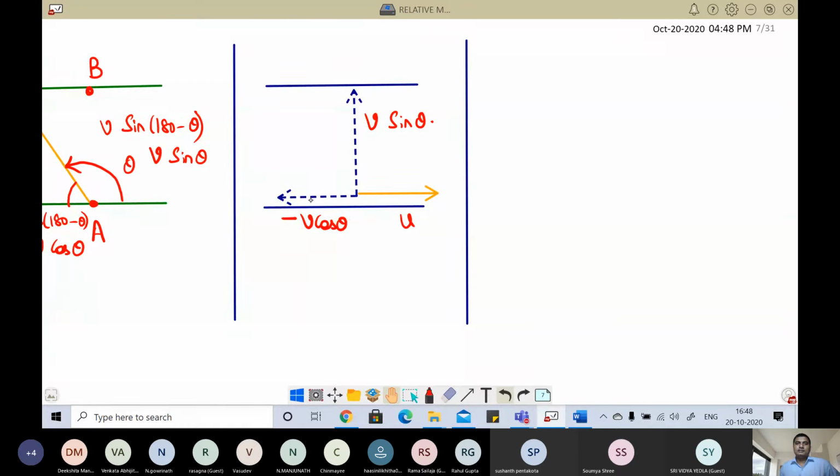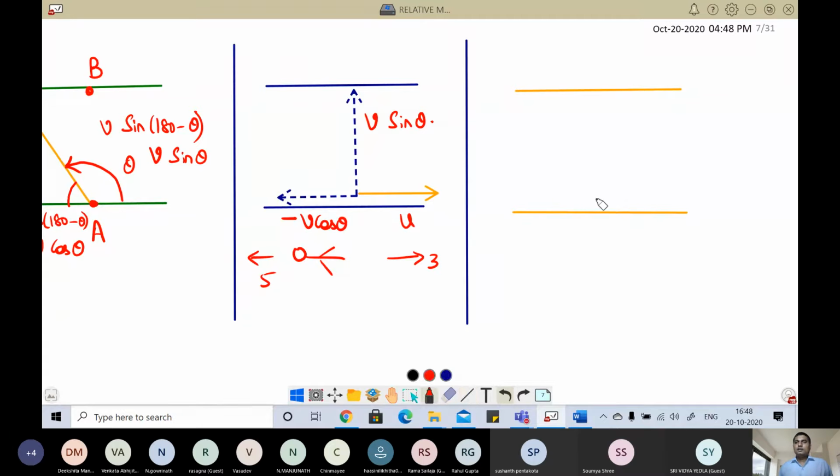Now see here. Now next one what we'll do is we'll combine. This is man's effort in X direction, just like a man is swimming. In the beginning we discussed. Suppose let's say a man is swimming with 5 meters per second here, and river is flowing with 3 meters per second. Then net velocity will be 2 meters per second, depending on which one is more. Now also we have to find out the net. So for that, now we are going to combine. This is the final.